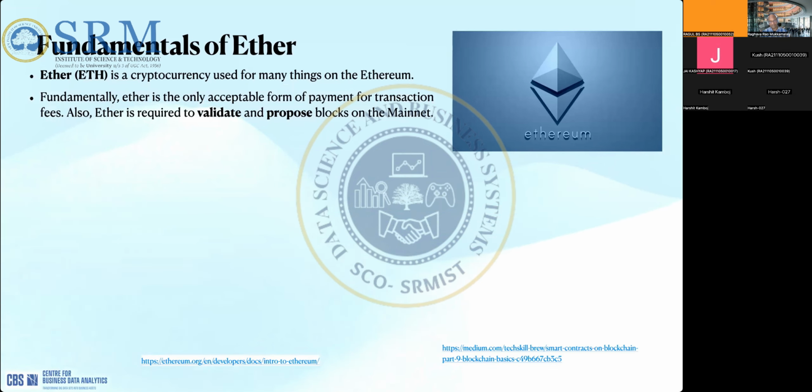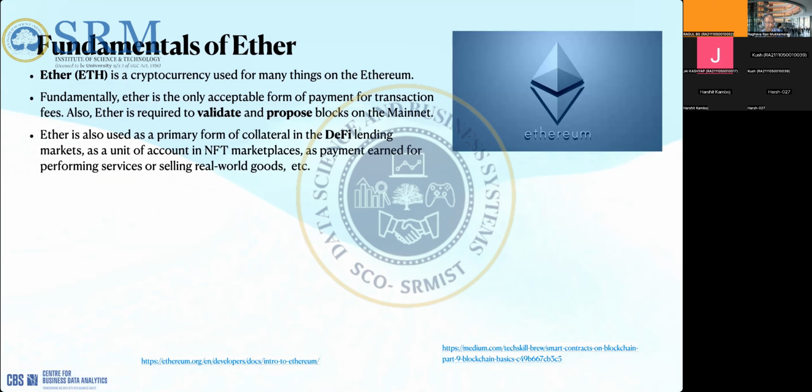In this case, it is 32 ether. We will see that a bit later. So even for validating and proposing a block, you need ether. Of course, you don't spend all the ether, but you keep this amount of money as a deposit for joining as a node and performing the validations and things like that.